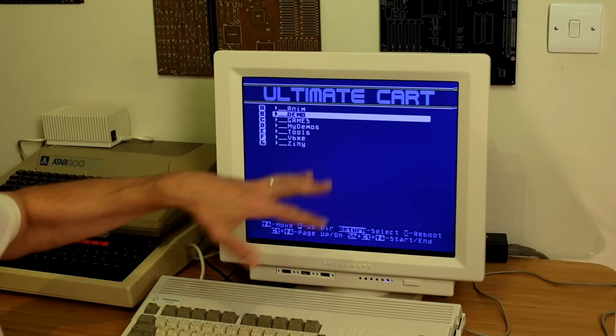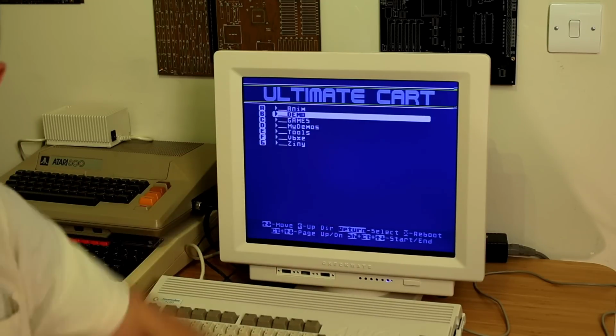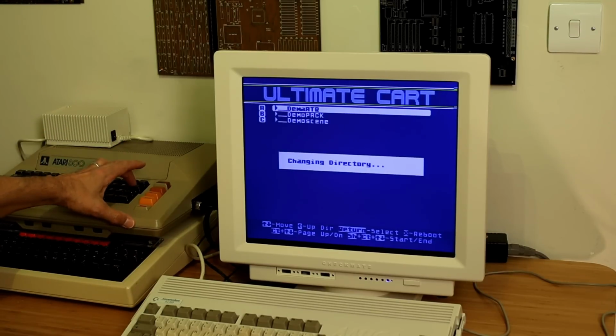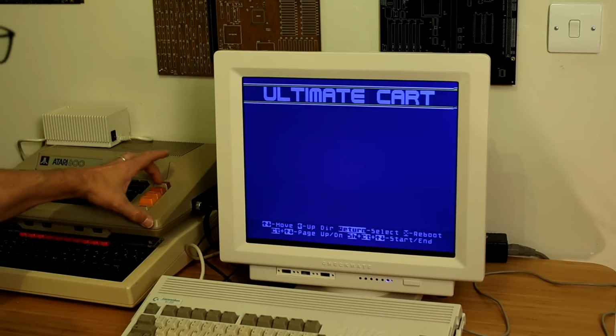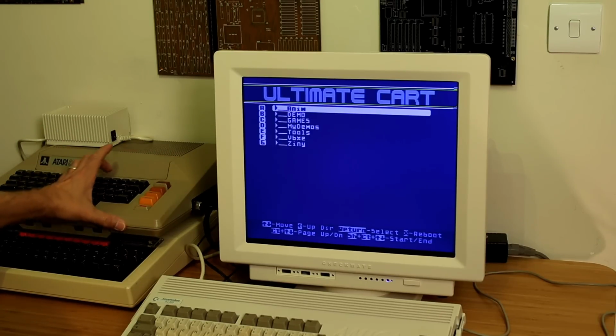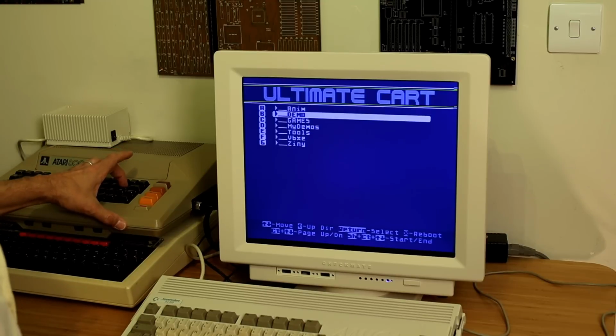Now again, I've got the switch on the back, I can change the settings from the RetroTink, but let's just quickly click on something. Oh no, that was rubbish on it. Let's try that again. Right, a little bit too quick on the buttons there, I think. Right, my demos,